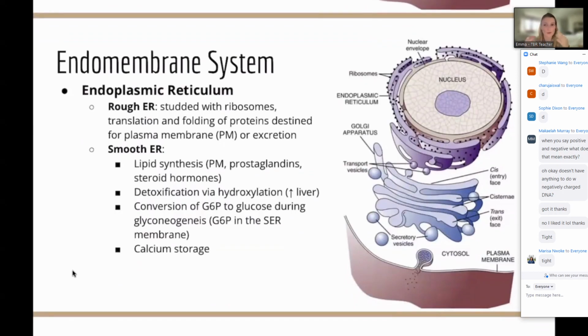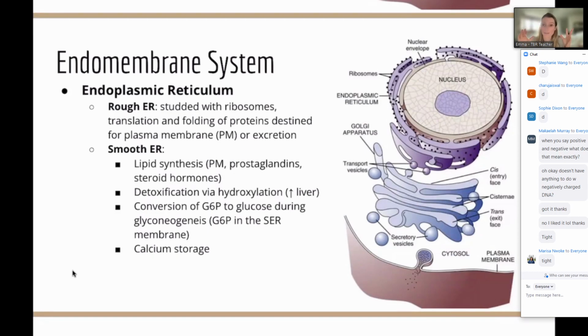You've probably heard there's smooth and there's rough. Rough has ribosomes, smooth doesn't have ribosomes. We know that ribosomes function in translation and protein synthesis. So we're always thinking about why are there ribosomes on the RER? Well, it's involved with protein modifications and making proteins and folding proteins. So that's important that there's ribosomes there. And those are typically destined for the plasma membrane or excretion, compared to the smooth ER, right? No ribosomes. So we're not talking about proteins when we're in the smooth ER. That makes sense because it's got different functions. It's going to be processing or forming lipids.